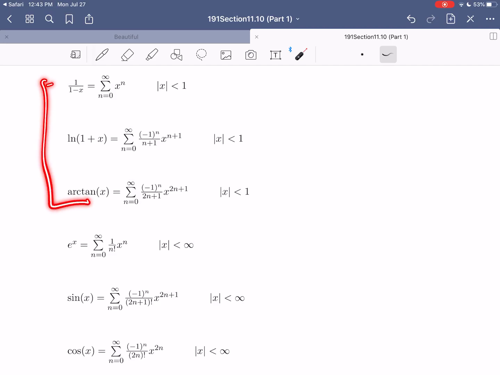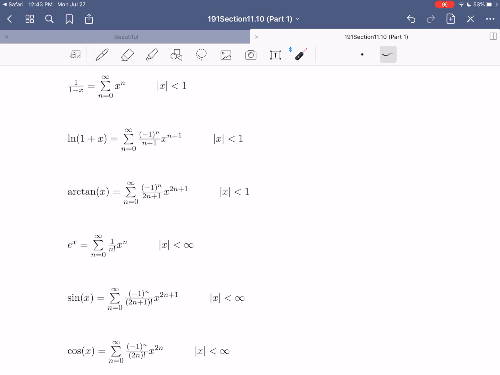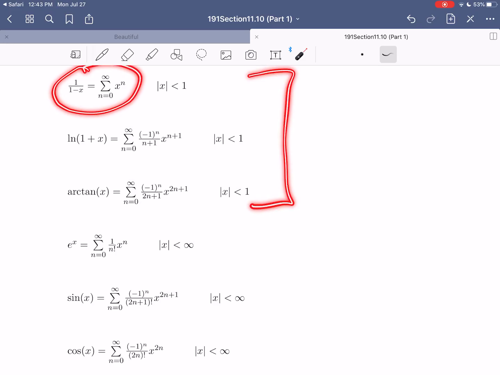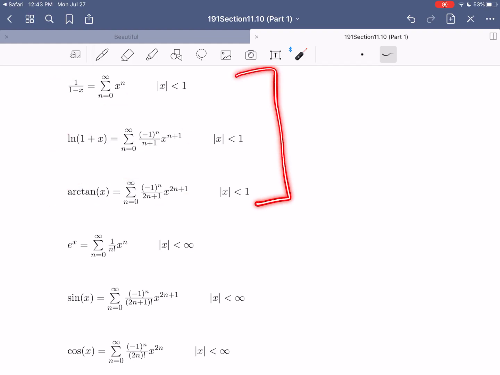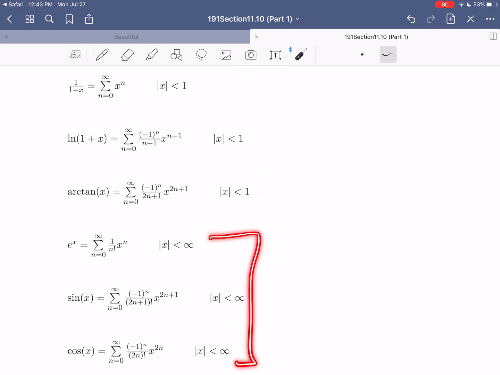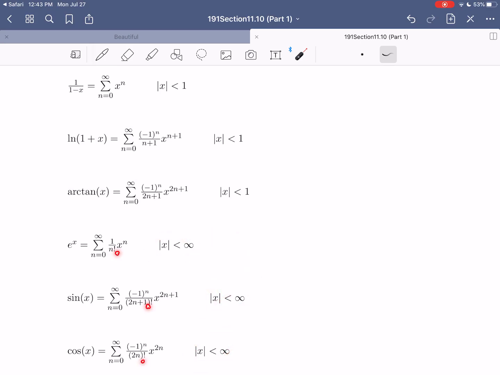These 3 we established back in 11.9 by using the geometric series formula and then other manipulations. And these 3 are the ones we just did using the more manual Taylor series, Maclaurin series approach. These 3, right? Here's one for the rational function, for the logarithmic, and for the inverse tangent function. Each of these all have radius of convergence equal to 1. So these have a limited radius. These 3 all have an infinite radius of convergence, and that's all because they all involve that factorial in the